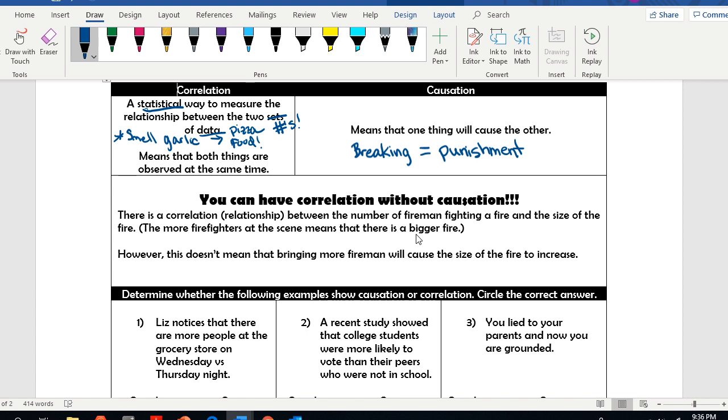Okay, so going on down, you have a correlation without causation. There is a correlation or relationship between the number of firemen fighting a fire and the size of the fire. The more firefighters at the scene means there is a bigger fire. A lot of times you'll say, oh, there's 3 trucks. One fire truck versus